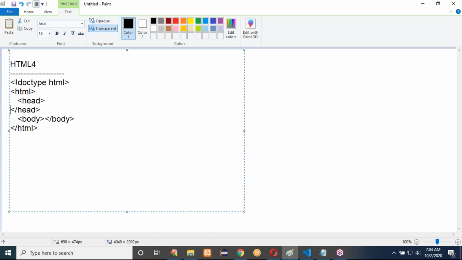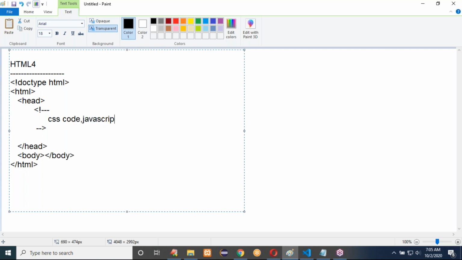Inside the head, whatever we want to include, all the including files, we generally write inside the head section. Here only we can write the CSS code. Comments we generally write here. In an HTML page, we write a comment with less than, exclamation, hyphen, hyphen, and then hyphen, hyphen, greater than. In between this, you can write the comments. Comments won't be executed by the browser, but you can write code related information there.